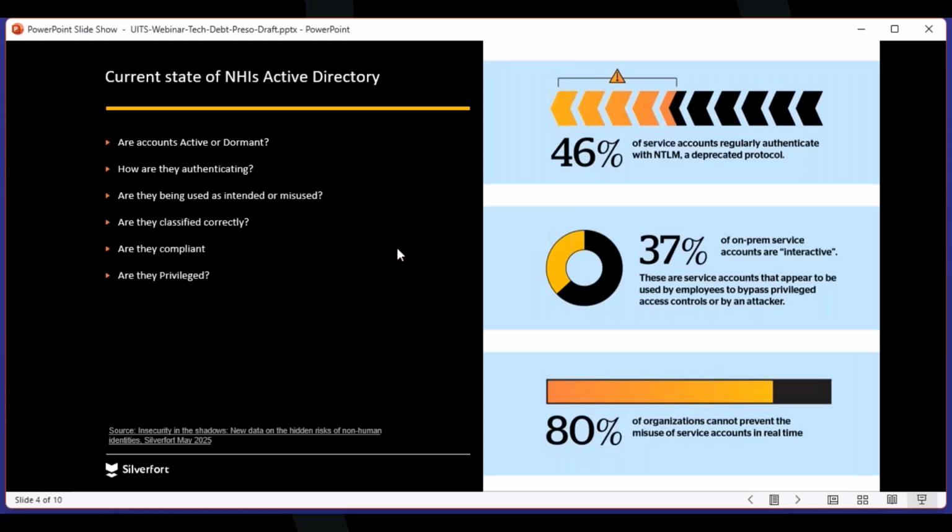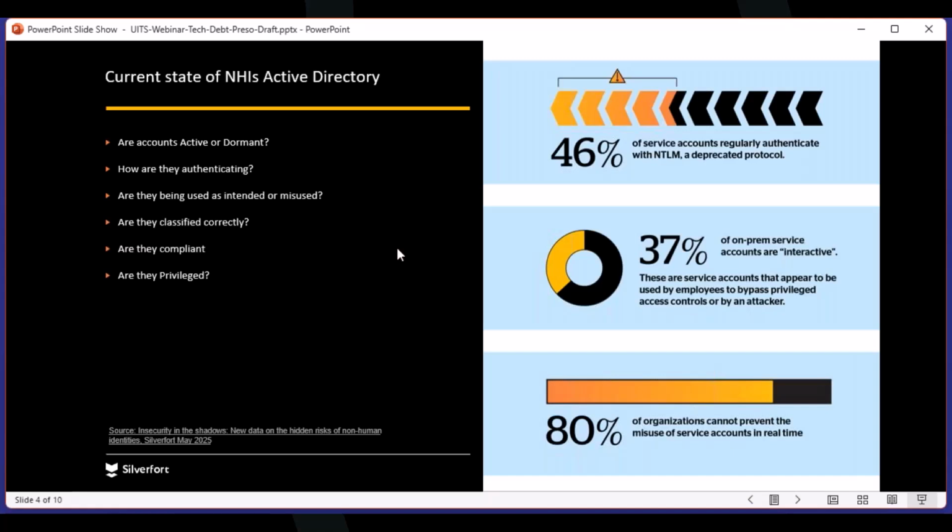One example I often get related to the idea of Kerberos versus NTLM is: when I installed my application, NTLM was the default, and I just installed whatever the default was. It's capable of using Kerberos, but it wasn't the path that was given to me when I ran the installer. And no one typically goes back to correct that. They just assume that that's what it needed, and that's a big issue in environments. But we'll talk a little bit about some tooling that can help you to do that. Are they being used as intended or misused?